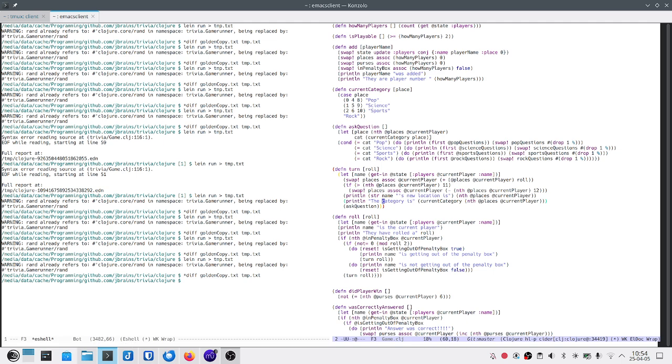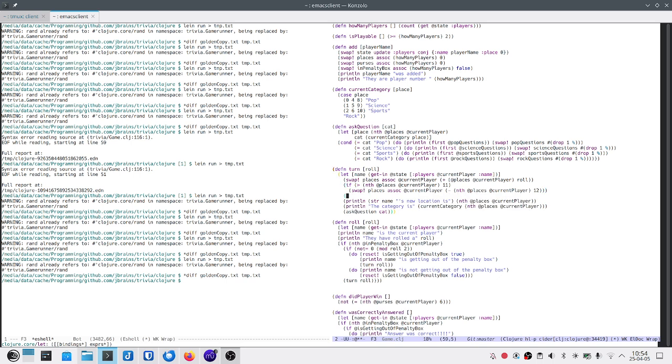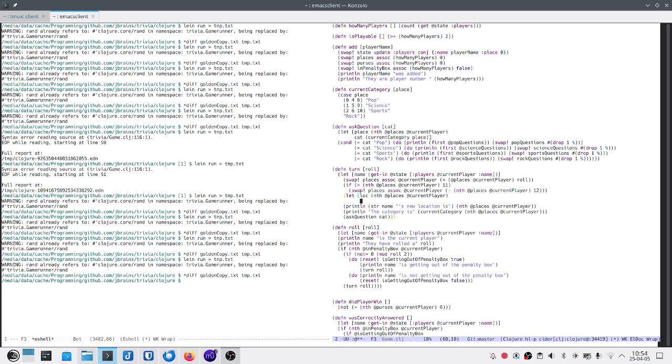What I wanted to do was give the category to the asked question. So I'd like that to have a category. And then let's do some more lets here. Let's take a location, nth places current player, and then we have category is current category at location.